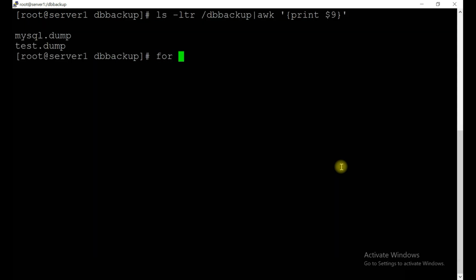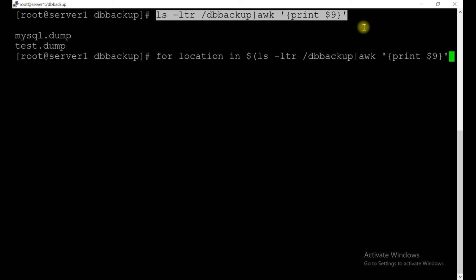Okay, so you can take any variable for the location. Let's say location. In dollar, here it will be a simple bracket, not a curly bracket. Okay, now close the curly bracket.